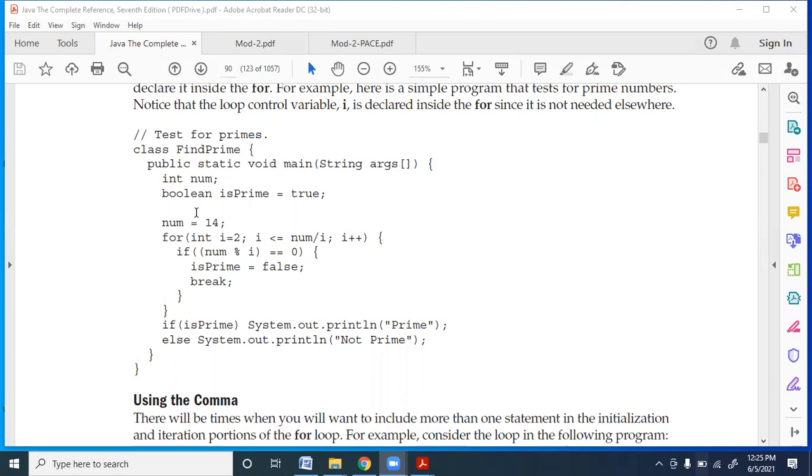It should test till half of that value. For example, here he has taken 14. First I is initialized. We are trying to test whether 14 is a prime number. So first we are setting isPrime to be true, which is a Boolean variable. Then the number itself we have written here as 14. Then we are taking initialization I equal to 2, because we have to test whether it is divisible by 2, and then the higher numbers till